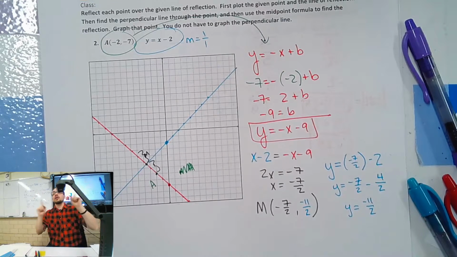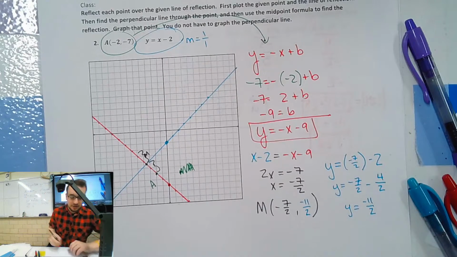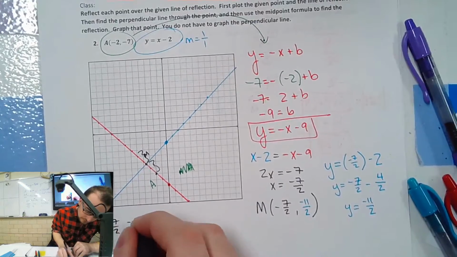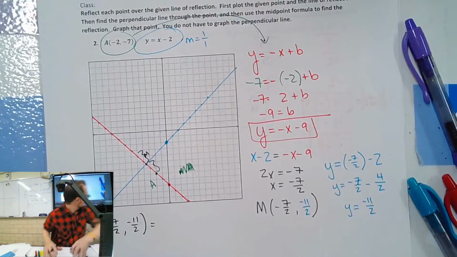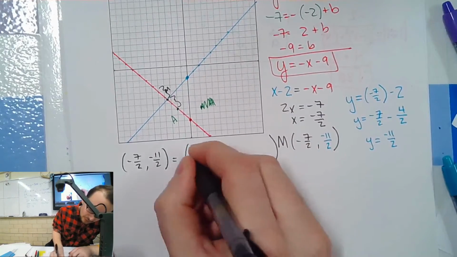When we average something, what do we do? Add them up and divide by the number of pieces. Very good. So the midpoint formula: the midpoint, which we know, is going to equal the average of our x's and average of our